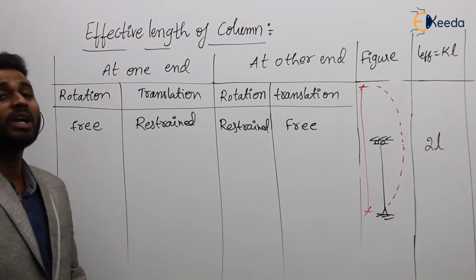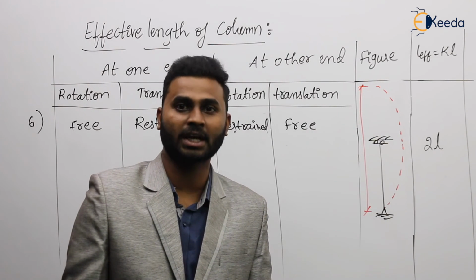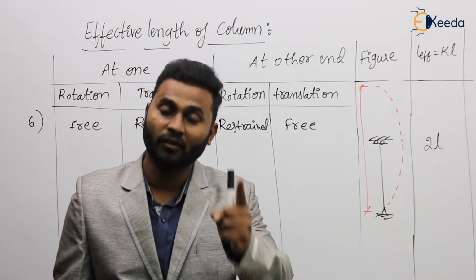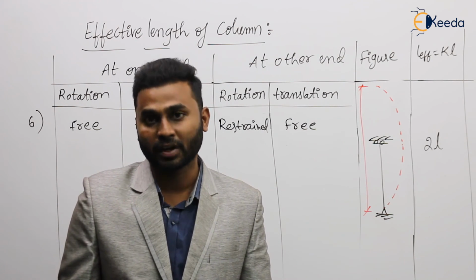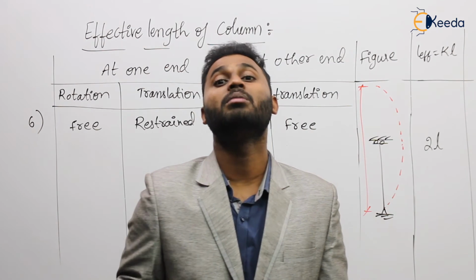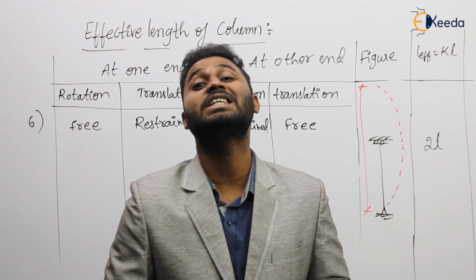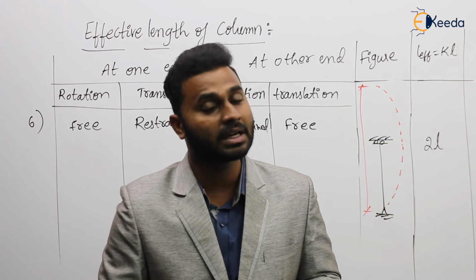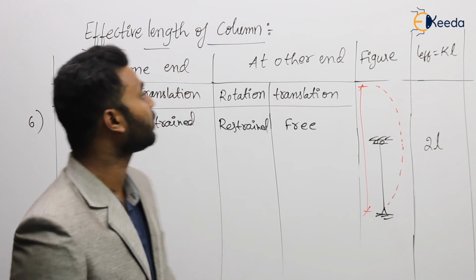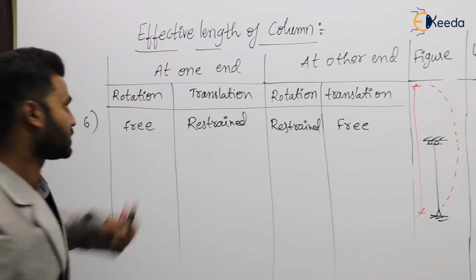See, why is effective length so important? Slenderness ratio plays an important role in the design of compression members. Agree or not? For the calculation of slenderness ratio, effective length is required. If this is the slenderness ratio, what is the formula? Effective length divided by minimum radius of gyration. Based on that only we calculate slenderness ratio, which is the deciding, or you can say major, factor in the design of compression members. So for that, effective length is required, and effective length depends upon the end condition. We have discussed effective length for all types of end conditions. Agree? Next topic.